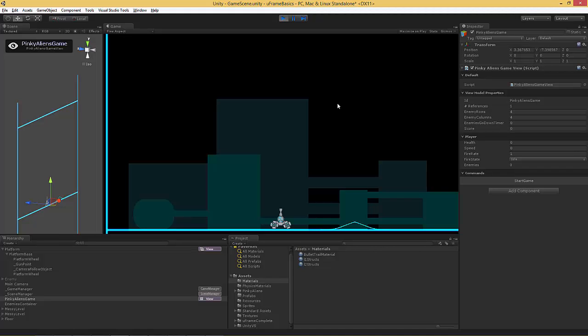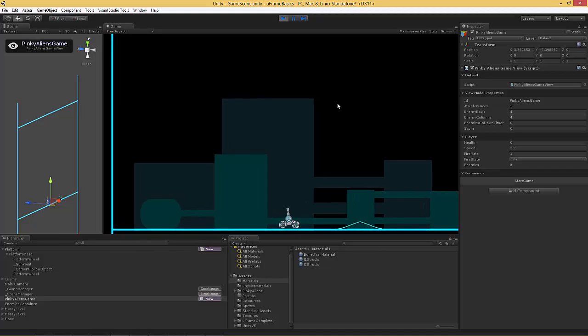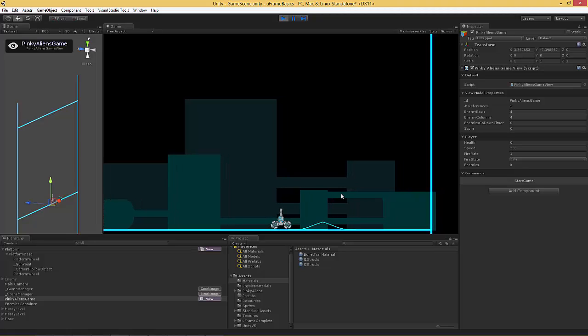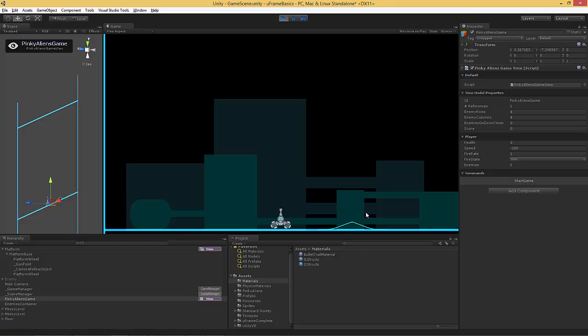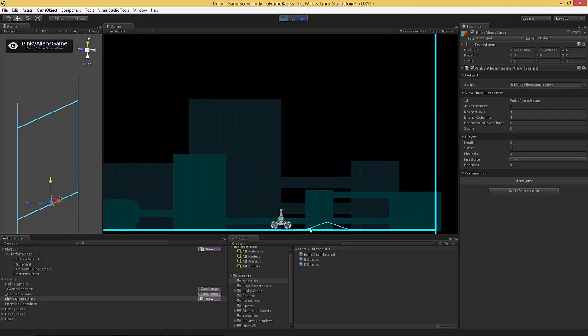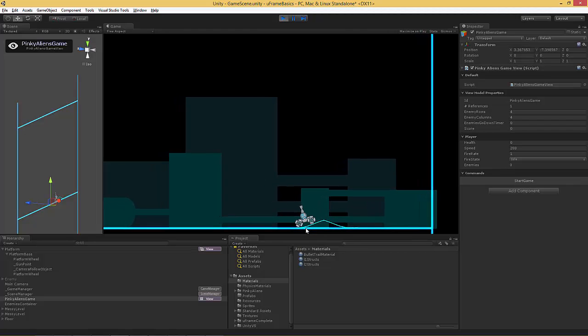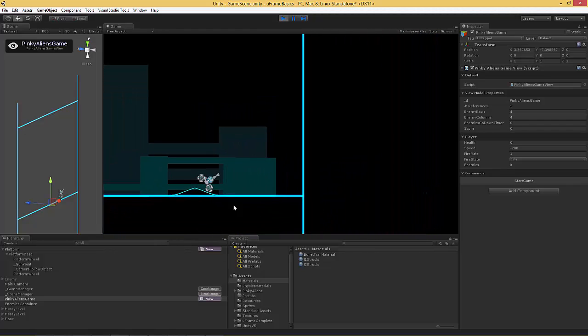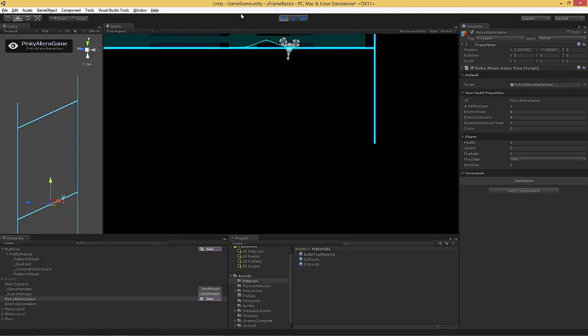Before we get back to the uFrame, let me explain what's going on. I made a few changes in this scene. We got those buildings in the background with some sort of a parallax effect. We also got this little thingy right here, and I got big plans for this one. When I finish this tutorial, I'm going to make it moving back and forth on the ground, causing additional problems